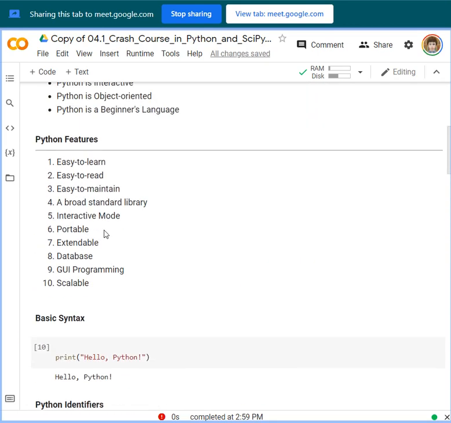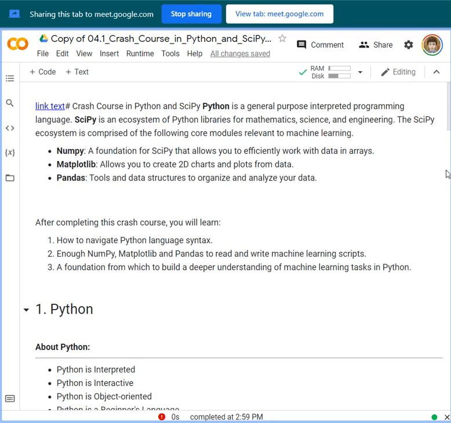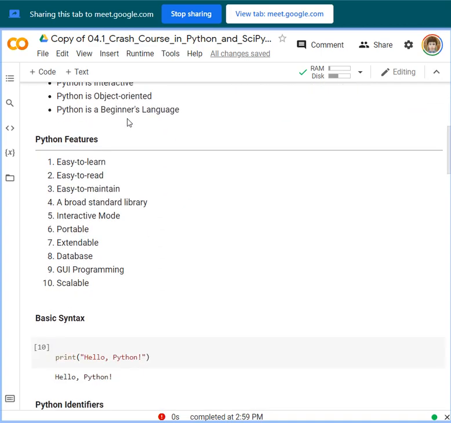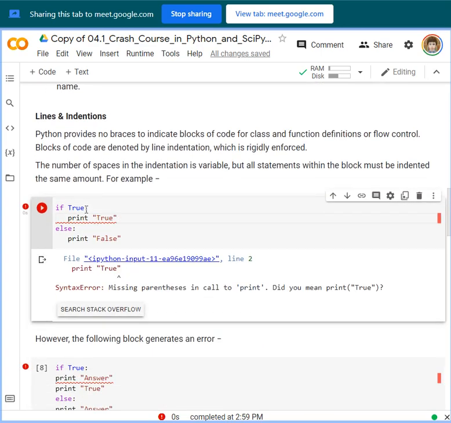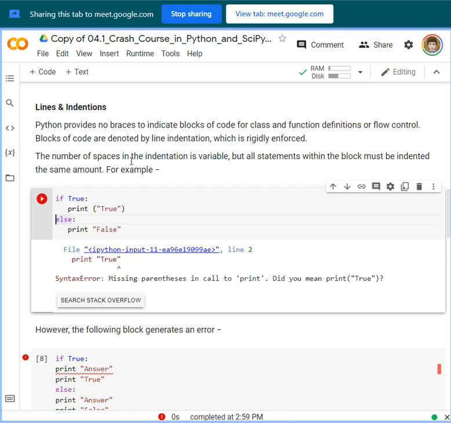All right, let me just run this. It crashed, a missing parenthesis, sorry, so let's put a parenthesis here. Okay, print.